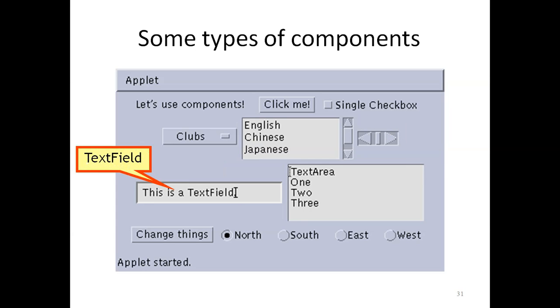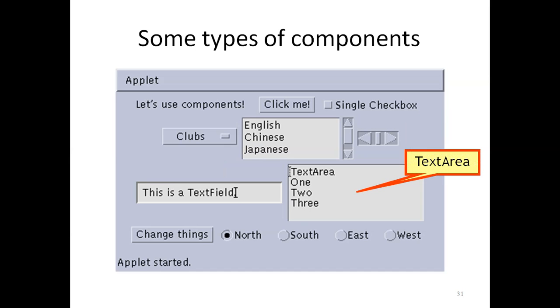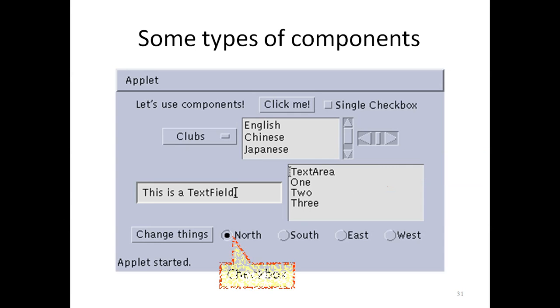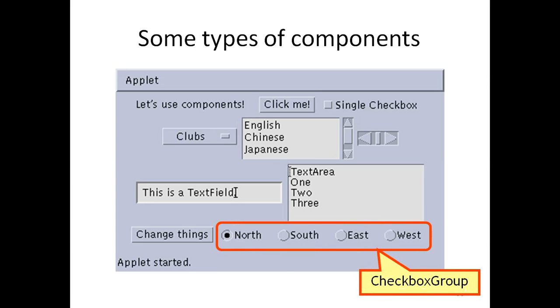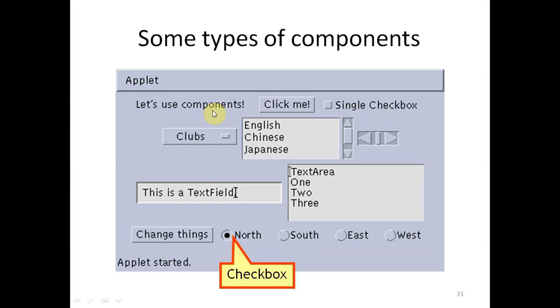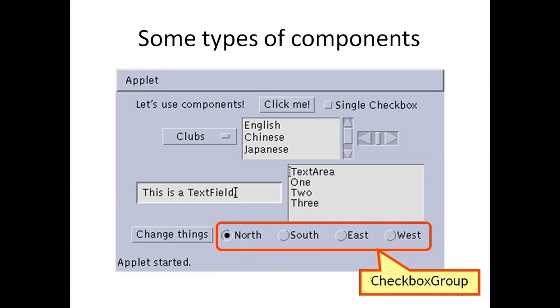And this is a text field, and this is a text area. In a text area we can include more than one row, while in a text field we can write only one sentence or a limited string. And these are the checkboxes. We can also call them radio buttons, and in the case of a checkbox group we can select only one element or one item. This is a plain checkbox. In the case of checkbox we can select more than one item, and in the case of checkbox group we can select only one item from the group.